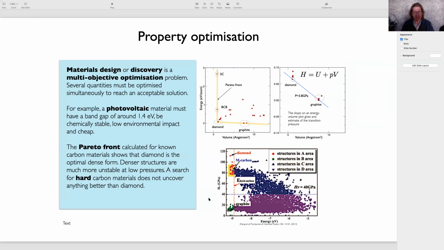So I think this is just the last bit for this section. This is really just to point out that when you're trying to optimize properties, you're always balancing multiple objectives against each other. So you tend not to say, I want the hardest possible material or I want the strongest possible material. You're typically saying, I want the strongest material that is cheap enough that I can